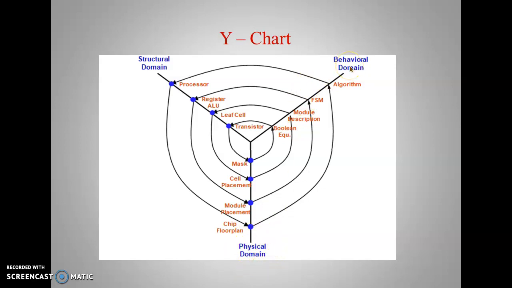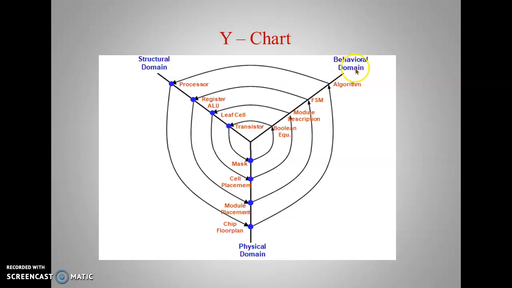Okay, so for example, in the last semester, last year, we did the DE lab. In the DE lab, we were asked to write a program, or design an algorithm, for a two input AND gate. That is the algorithm we wrote using VHDL or Verilog, where the logic condition is C equals A && B, which is nothing but the AND operation of the two inputs A and B, and the output is saved at C. So that is the behavioral domain.